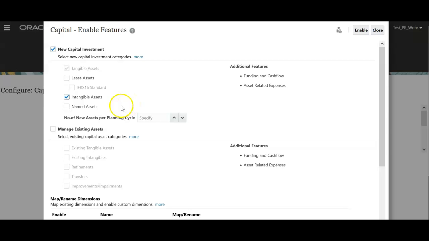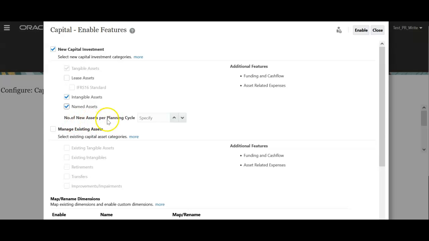This named assets option should be enabled for the first time if you require it. We cannot come back and enable this later. So this should be enabled when we enable the features for the first time. If you don't enable it now, there will be details like line item 1, line item 2, etc. And we cannot name the assets at that time. Once we enable it, we cannot come back and disable it either.